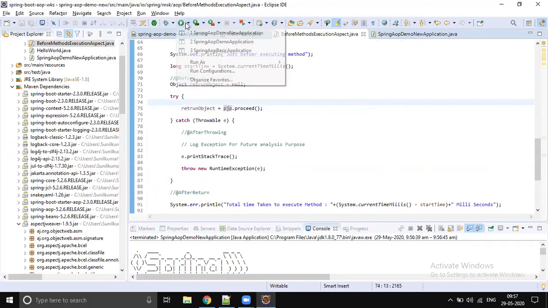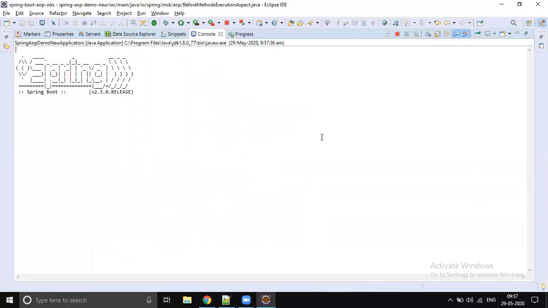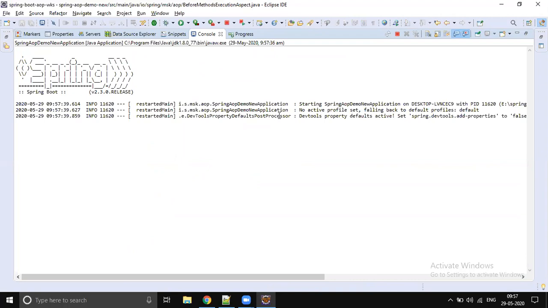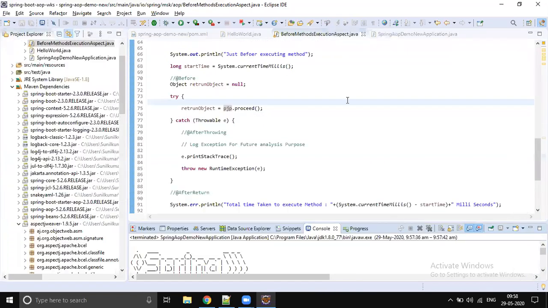Let's run the code. Now you see that a message is printed. The total execution time for the first one is 21 seconds, and the second one is 0 seconds and 0 milliseconds. But we are not saying which method took how much time. So what should we do?